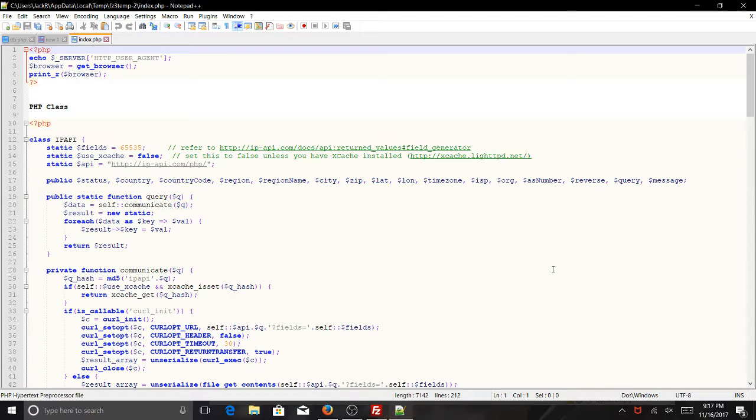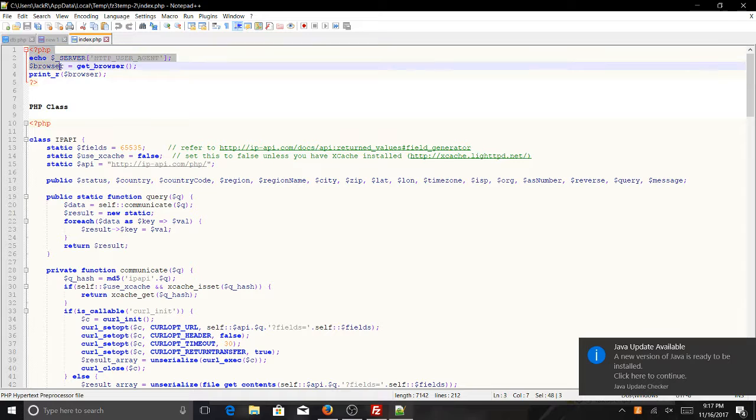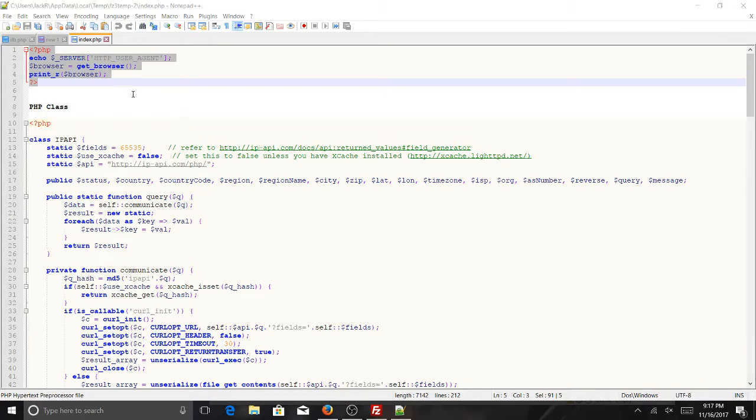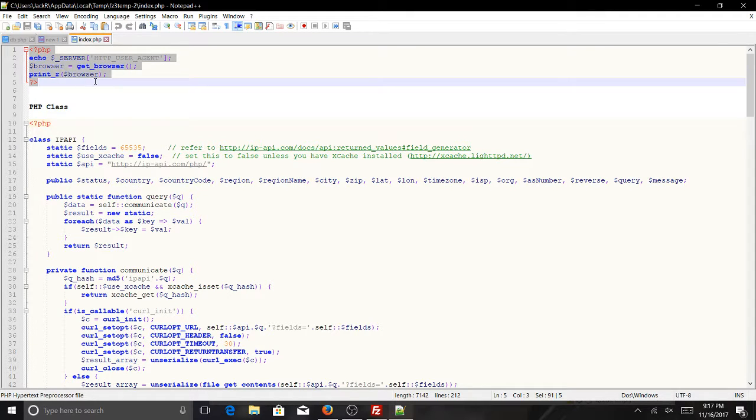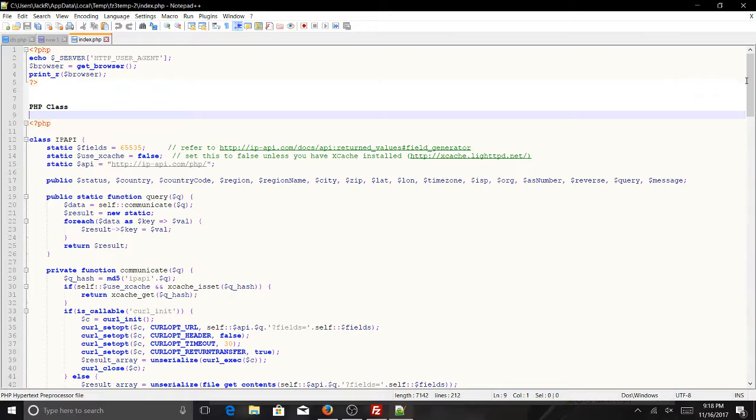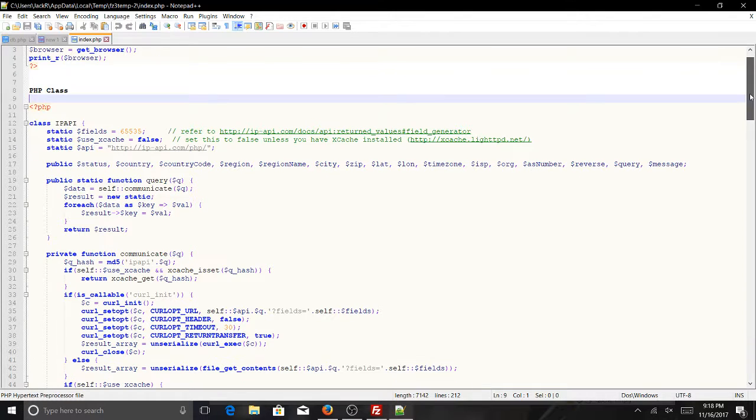So first off, we're going to start with my code. At the top here, we have the get browser information, which will be displayed at the top of the web server page. And then inside that is the PHP class for the API. So here is the API,